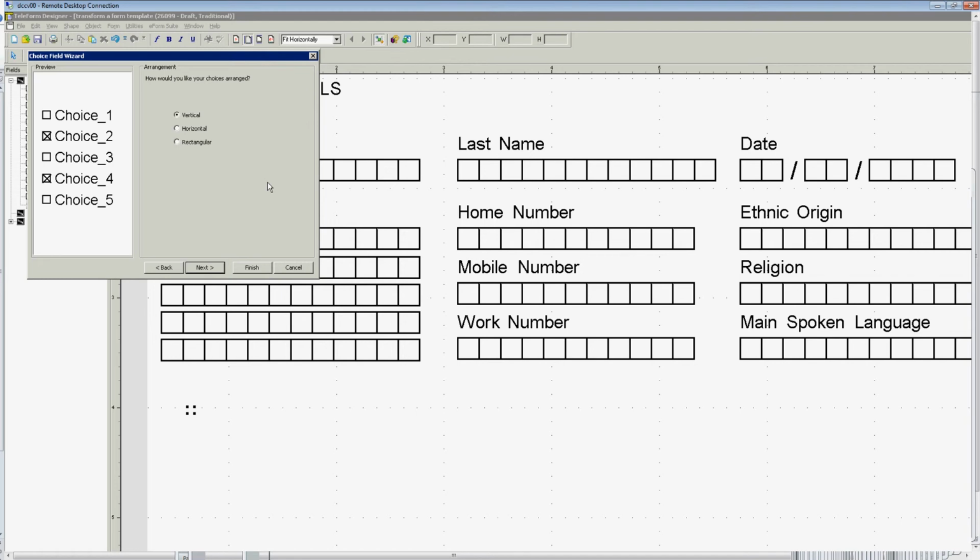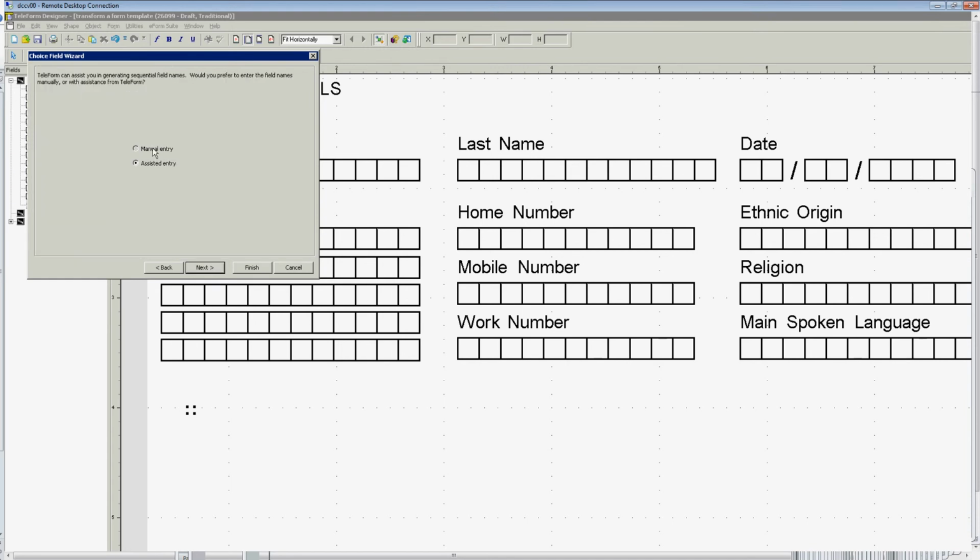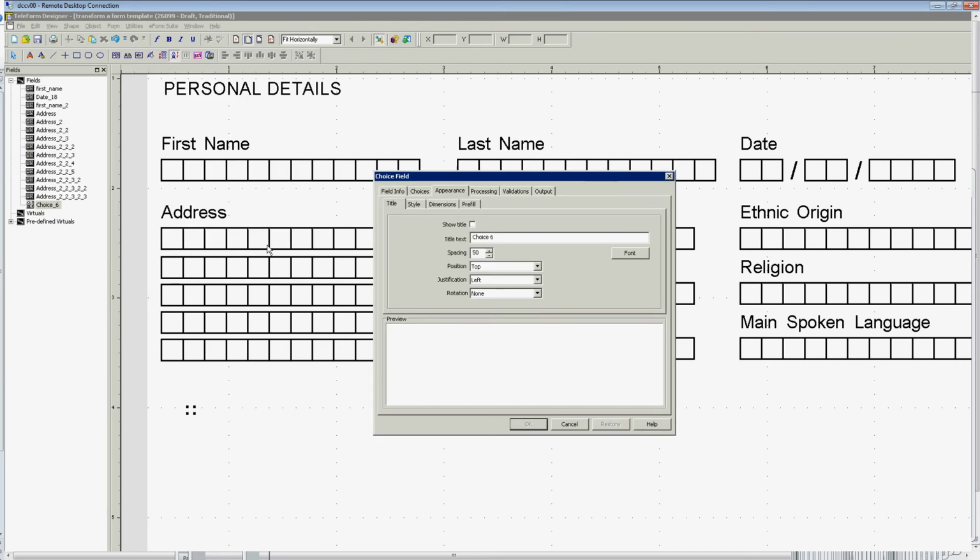My personal preference is to arrange the choices horizontally, but there's nothing wrong with choosing vertical. It all depends on which arrangement saves the most space and looks the neatest. Also, if your multiple choice questions have more than the average amount of options, then vertical may be a better idea. But let's go with horizontal for today. Here we'll click manual entry because we'll be choosing the options ourselves, or the choices rather, and here we fill